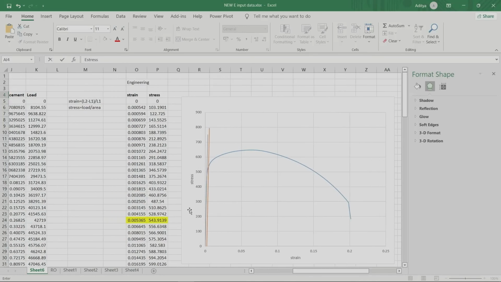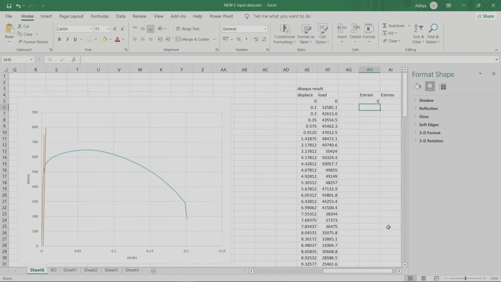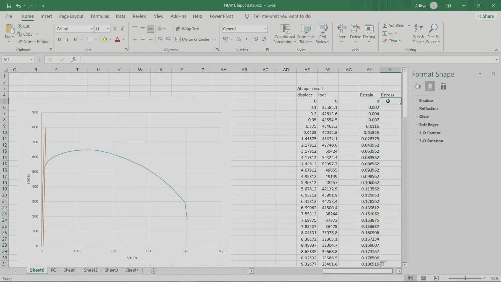Similarly, as we have calculated here, displacement and load. Displacement upon gauge length. This is your gauge length, 50. Drag it down, and then stress equals load upon area. Area is pi by 4 into 10 squared.